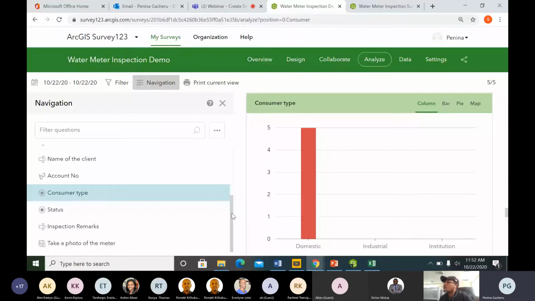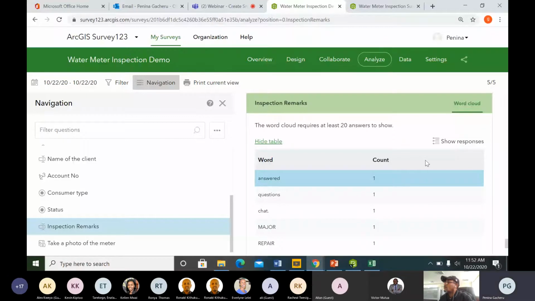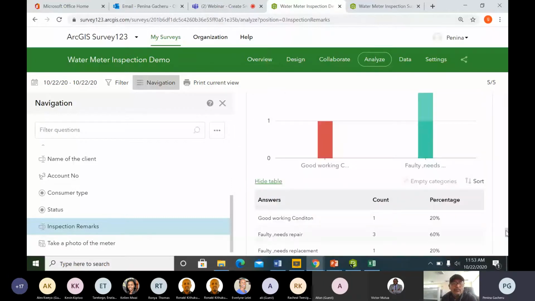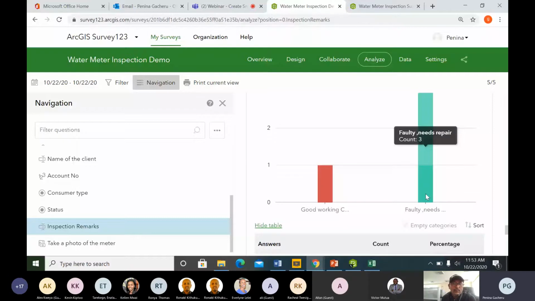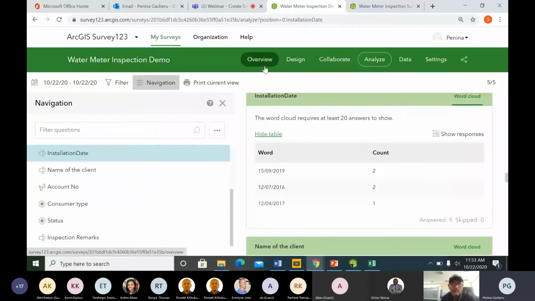So it gives you that option to analyze a question one at a time. You can even see some photos. Most of them are faulty and actually they need repair. We don't have any that needs a replacement. So ideally, that's how it works. And then once you have your data, you still have an option of even downloading